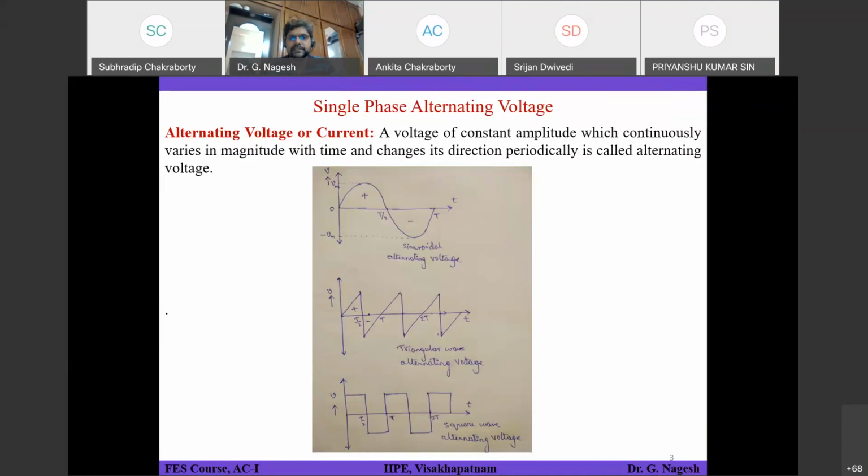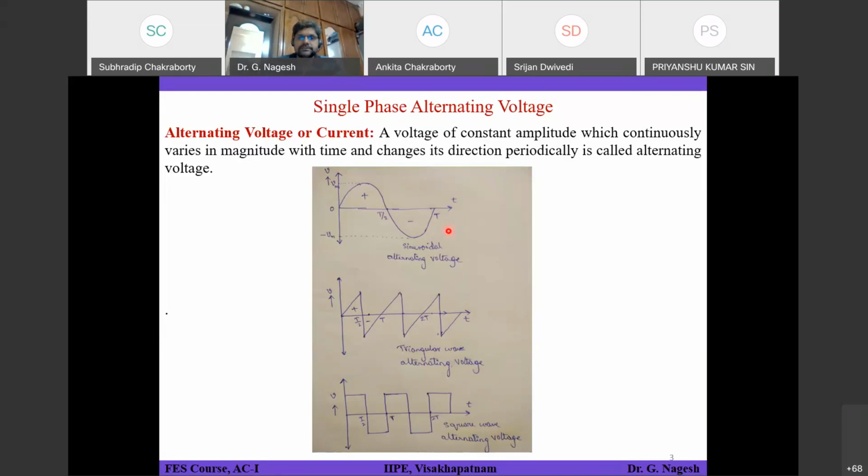One complete cycle, that means the combination of positive and negative half cycles, is called one complete cycle. This cycle keeps on repeating, so then we call it an alternating voltage sinusoidal waveform. It has periodicity and a constant amplitude of Vm, and it is varying with respect to time. That's why this sinusoidal waveform comes under alternating voltage waveform.